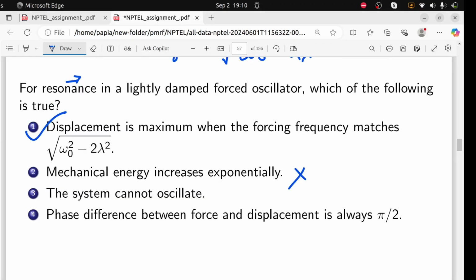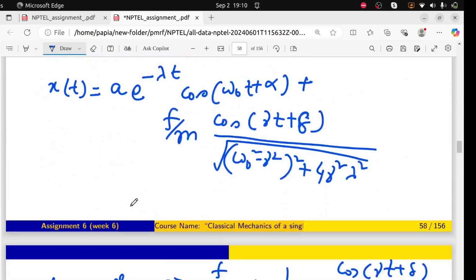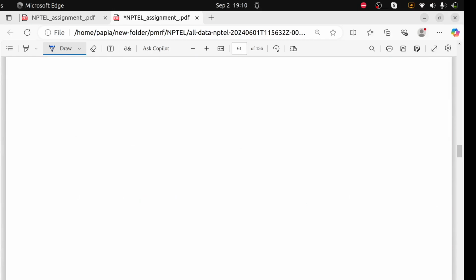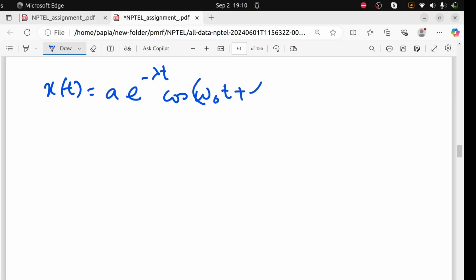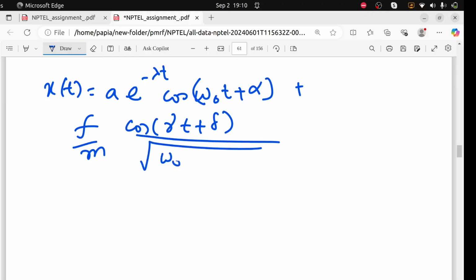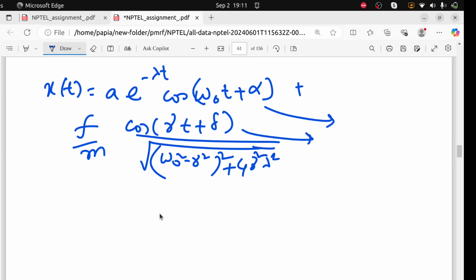Now, the system cannot oscillate. No, it's wrong. Why? We can see that our x(t) was A e to the power minus lambda t cos omega 0 t plus alpha, plus f by m cos gamma t plus delta divided by root over omega 0 square minus gamma square whole square plus 4 gamma square lambda square. So as a whole, this has oscillatory terms, cos omega 0 t plus alpha and cos gamma t plus delta. So as a whole, the system will oscillate,